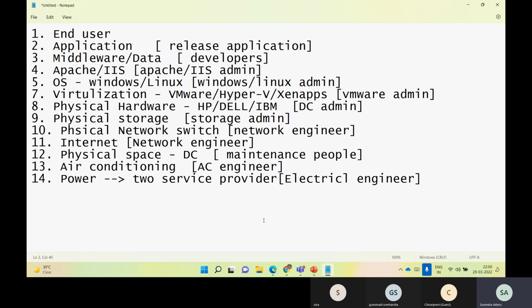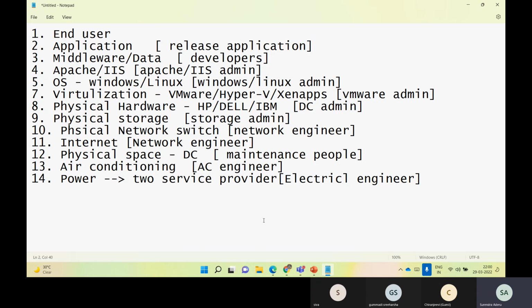So now, with all these many things, we four of us want to start a business. So in the first place, do we need to invest in very basic things in this scenario, correct? All physical things we need to procure, purchase, take on rent, and pay salaries right from day one: your rent, your physical space, air conditioning, AC engineer, electrician, network engineer, storage admin, data center admin, VMware admin, Windows admin, Linux admin.